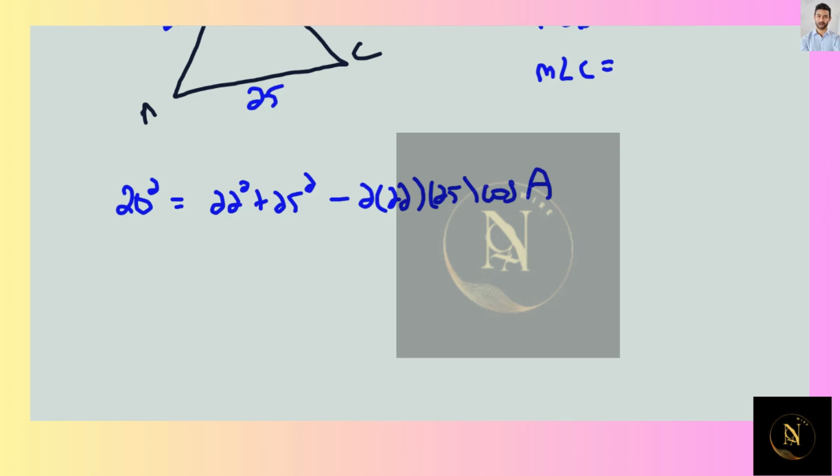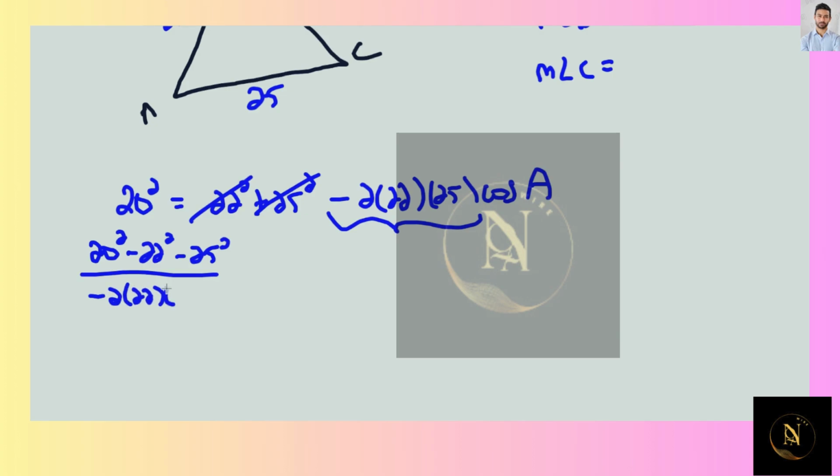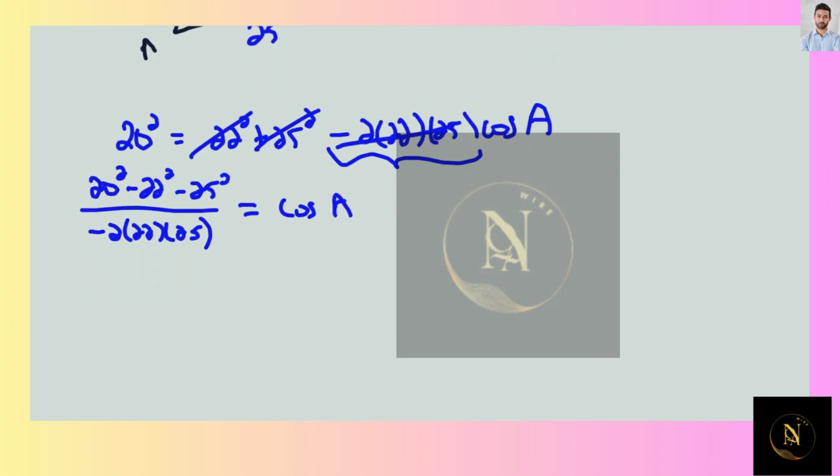The best way I have found to do this is just to write out what I'm going to put into the calculator. I'm going to subtract the 22 squared from both sides. I'm going to subtract the 25 squared and then divide, because that's all being multiplied. Divide by negative 2 times 22 times 25. And then we're just equal to the cosine of A at this point. This is a lot going on in a calculator, but if you're using a decimals calculator, it can handle it pretty easily. Your last step will be to take the inverse cosine